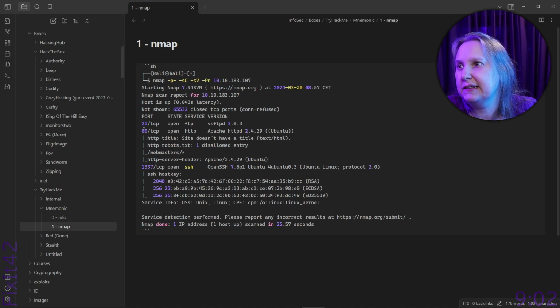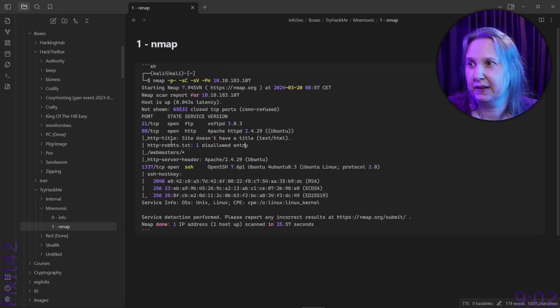Let's just read what it says. We also know what program is running, because when we use these switches here, we get some more information. And we can see that the HTTP also has no robots.txt. We can't read it, so I guess there's no reason to check robots.txt, right? And we can see what server this is running on, and it seems to be an Ubuntu machine.